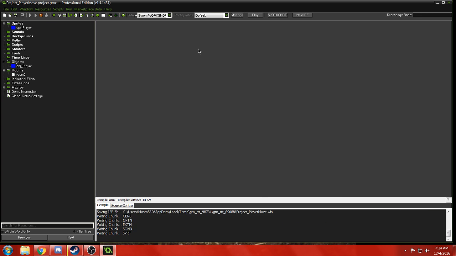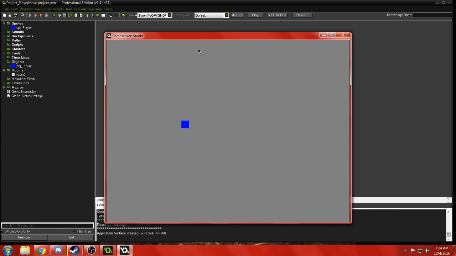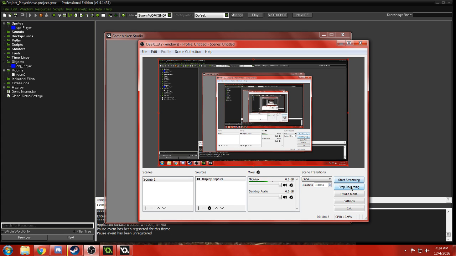And as you can see, you can move up, down, left, right, up, down, left, right. See? And now you get your player moving. Alright, have fun guys with that, and thank